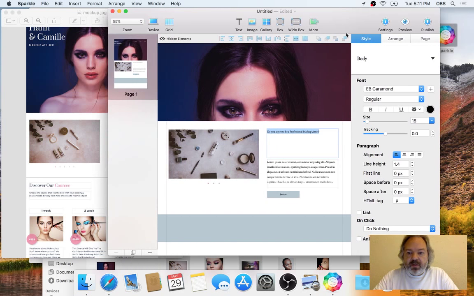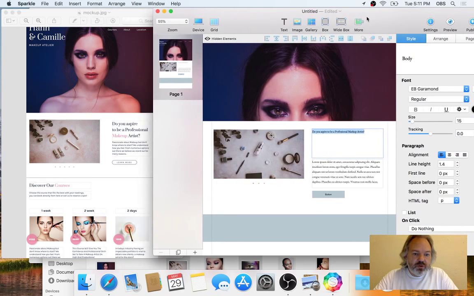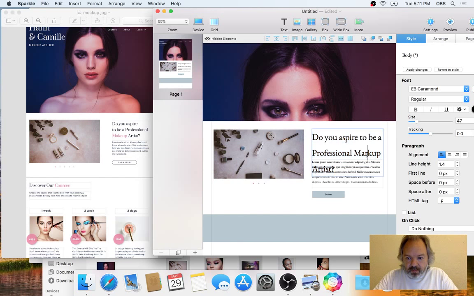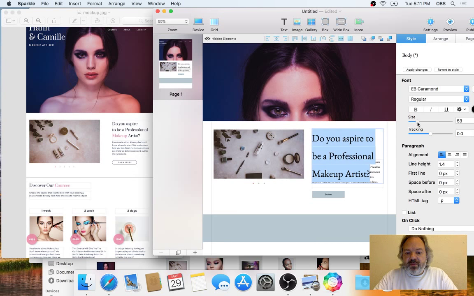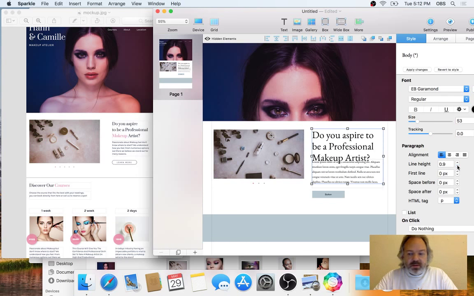So let's pick some fonts, this one might work. This was on Makeup Artist. Markup Artist. Ha! That's a good typo. So this is on 3 lines like that. And make it slightly closer. And make that word